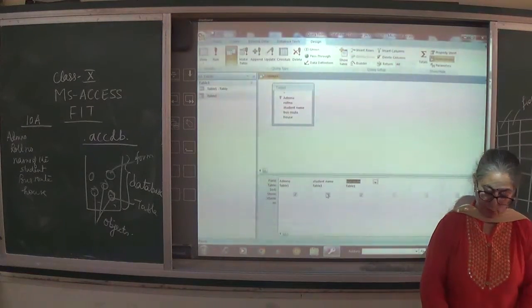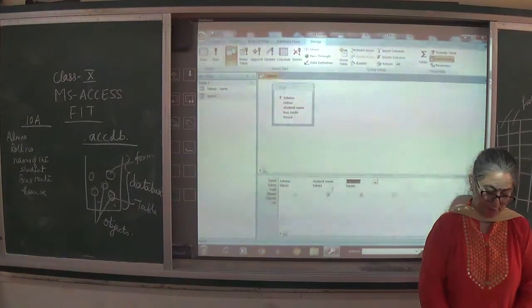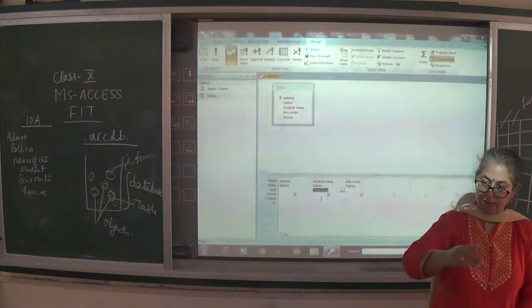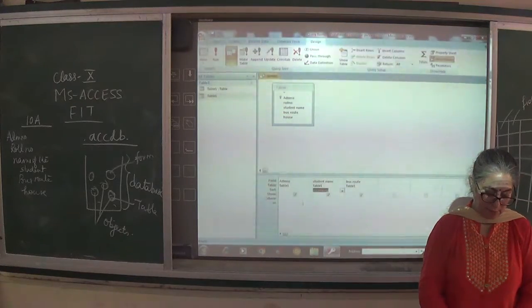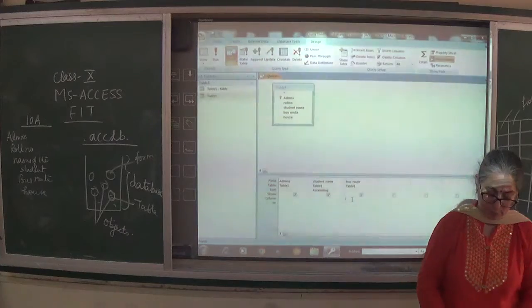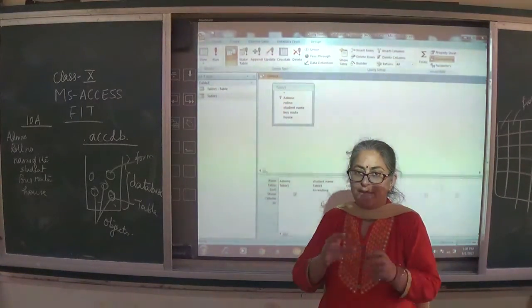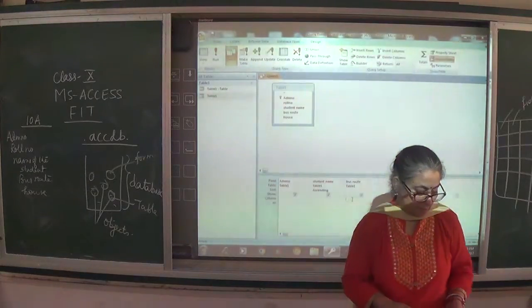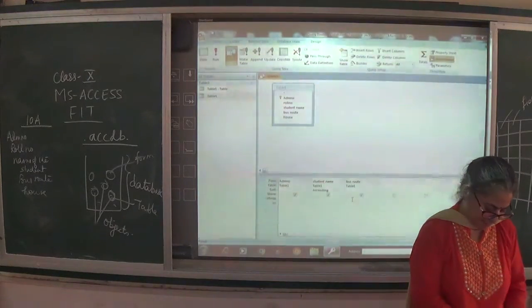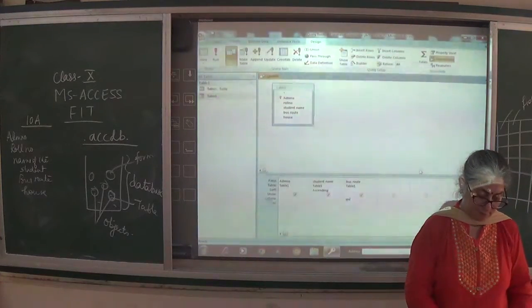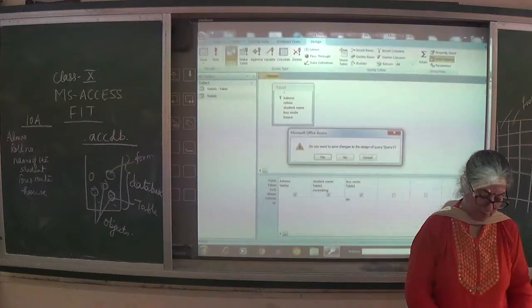Now you want to sort it out on the student name, then go to the student name and click on ascending order, right? Ascending order means alphabetically it is going to show you the result. Then you want to have the criteria, because query is that showing or extracting records based on some criteria. Now what is my criteria? Suppose my criteria is IPV bus routes I want. So I'll close it from here.